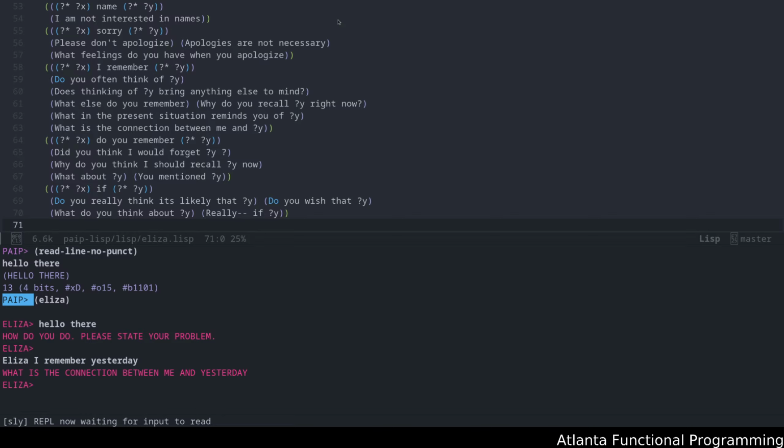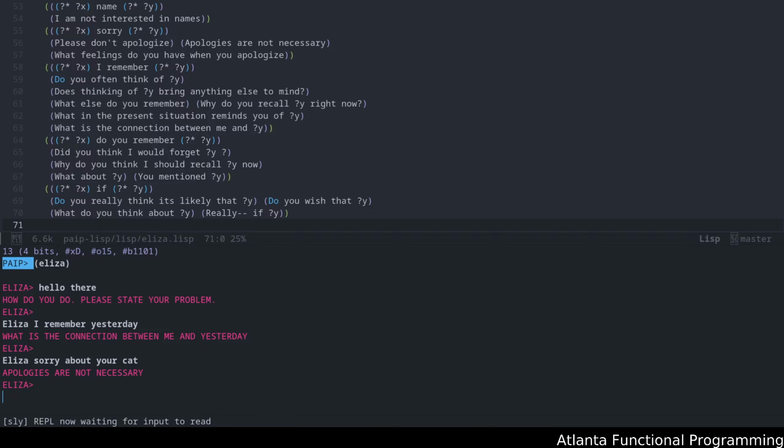Now in this particular exchange, you could see the kinds of questions and answers. For example, if I say, "Sorry about your cat," just to say he doesn't have it, the response is, "Apologies are not necessary." But if I say it again,